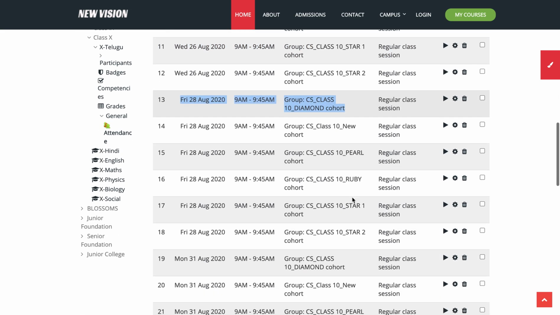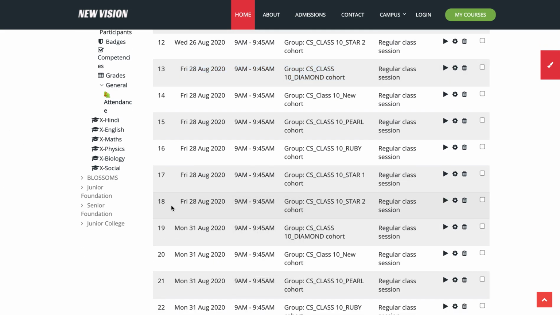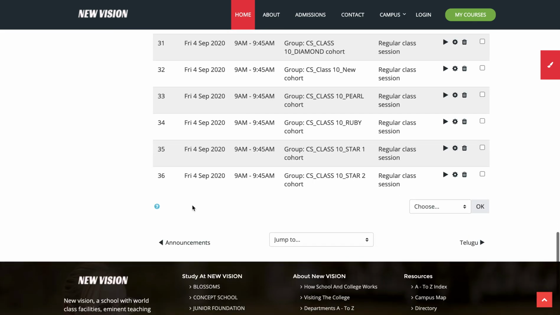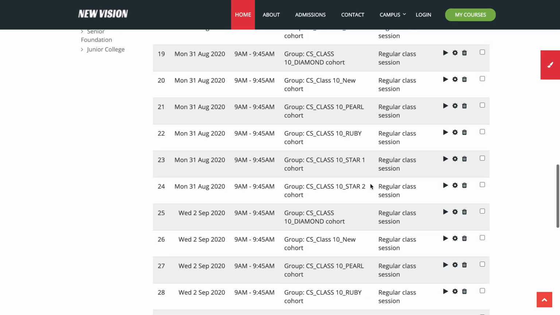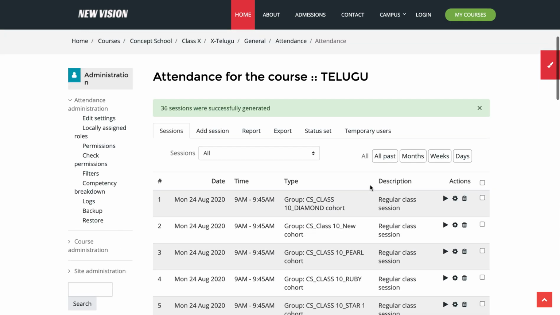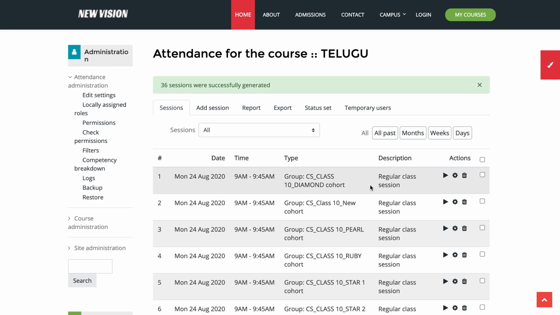Similarly Friday all the groups. This schedule will repeat until September 4. So 36 sessions at a time created. You can create for the whole year at a time, but we would recommend creating sessions for 1 week or 1 month likewise.